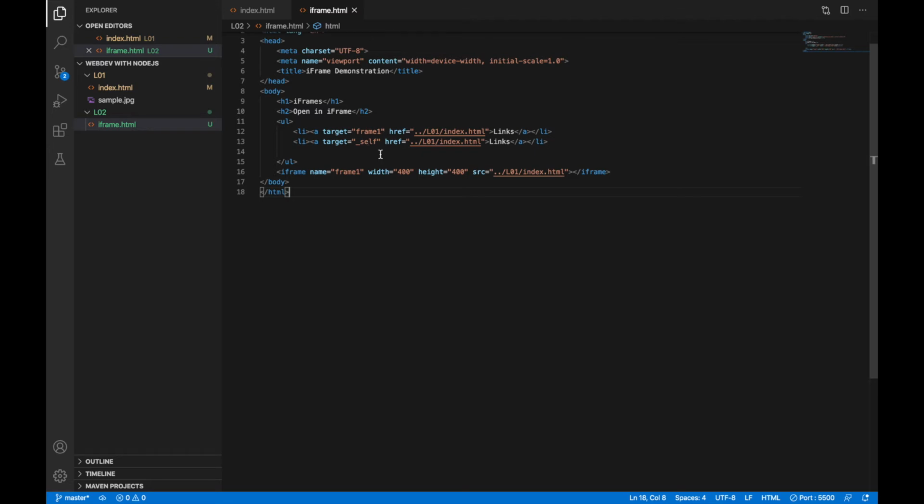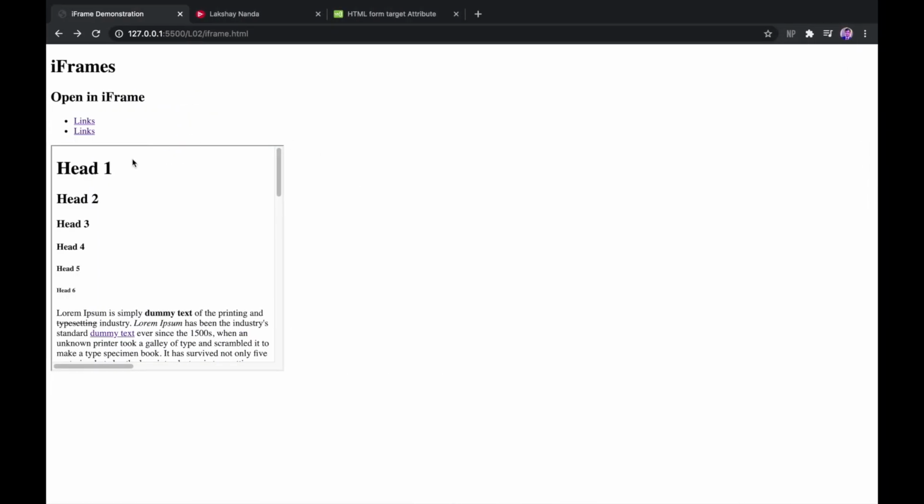And if we say underscore parent, then it would open the page in the containing iframe itself. So this is parent, this is top. I've already talked about self and blank. So that was all about iframes.